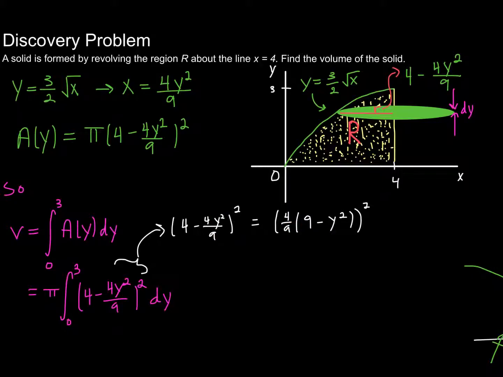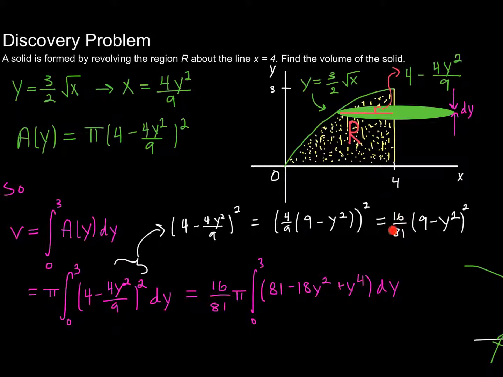Now, since I have something times something else, and they're being squared, I can square each term separately. So I can square 4/9 and I can square 9 minus y squared. Well, 4/9 squared is 16 over 81. And then over here I have 9 minus y squared, squared. Well, I can multiply 9 minus y squared by itself, and that won't be so challenging. And I can factor out the 16 over 81. So I can rewrite my integral as follows,